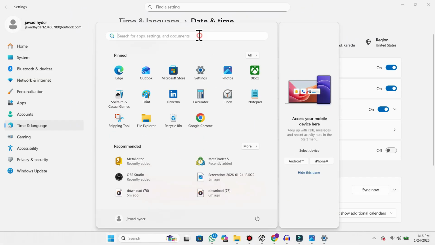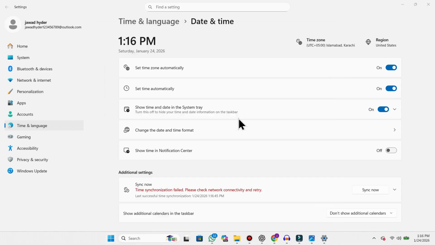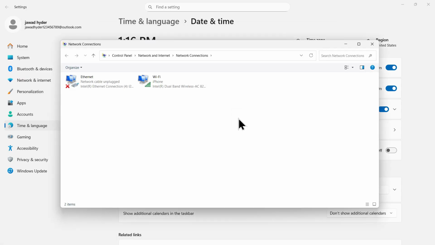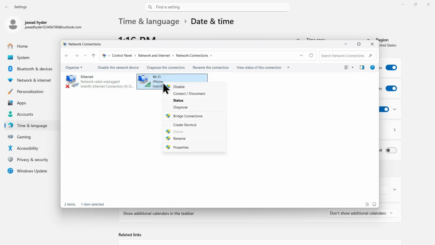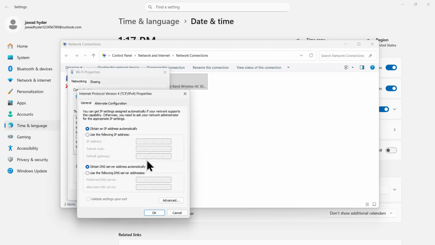Next, we'll adjust your DNS settings. Open your computer's search again and type View Network Connections, then click on the result. Find your active connection, usually Ethernet or Wi-Fi, right-click it and select Properties. In the Properties window, scroll down and select Internet Protocol version 4, TCP/IPv4, then click Properties. Choose Use the following DNS server addresses and type